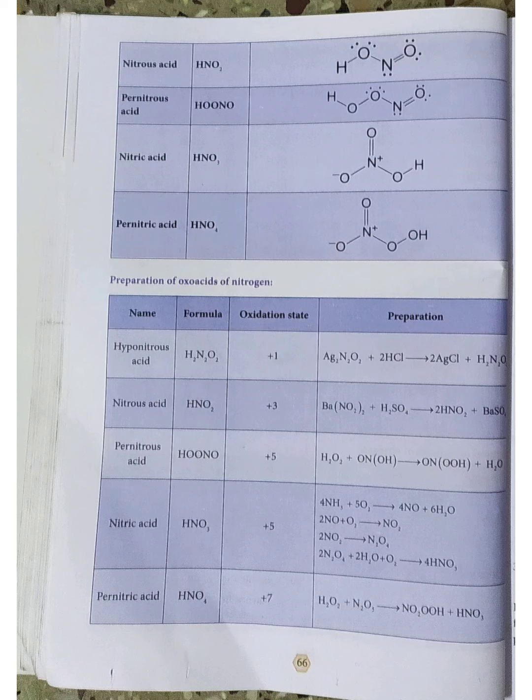Understood? Next, properties of phosphorus. Phosphorus is highly reactive and has the following important chemical properties. The first one is reaction with oxygen. Yellow phosphorus readily catches fire in air, giving dense white fumes of phosphorus pentoxide. Red phosphorus also reacts with oxygen upon heating to give phosphorus trioxide and phosphorus pentoxide.